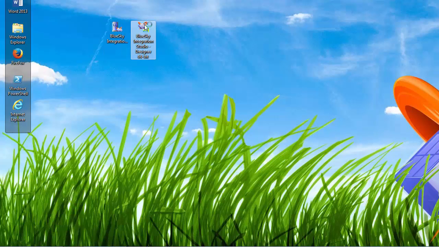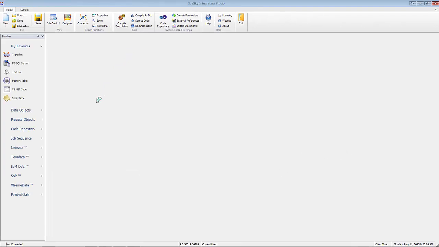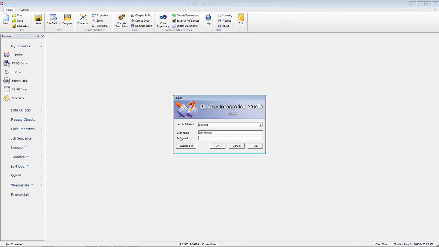So I'm going to go ahead and go into the designer software and get connected to my server. I installed my server on my local machine for demonstration purposes. If you installed BlueSky Integration Studio Server on a server in your data center, for instance, you would just need to know what that server name is on the DNS for that server, and that's what you would enter here. So, for instance, say it's called My Company Biz Server. You would enter that here,